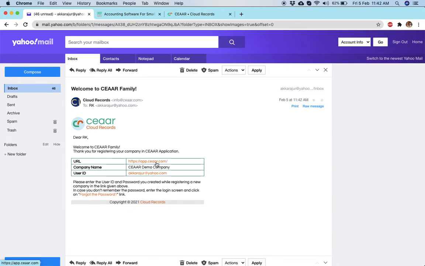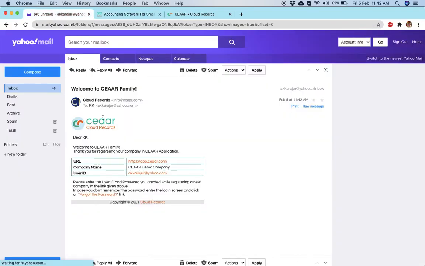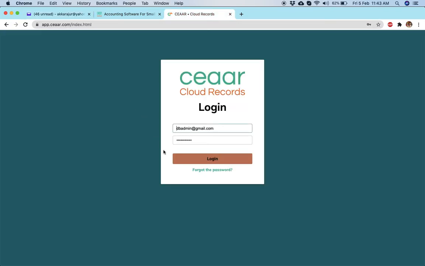Now I have two options. Either I click on this link and go to the application, or I click on login to go to the application. As you can see, the URL is app.cr.com. So this is the one, app.cr.com.